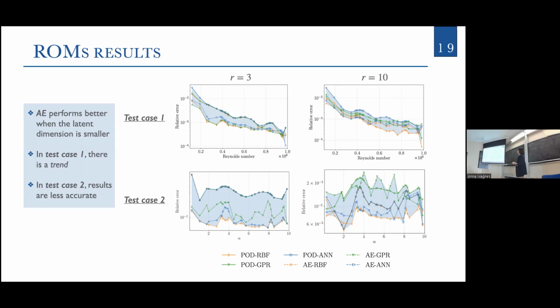Moreover, I would like to underline that in this first test case, you see a trend of the error with respect to the parameter. So you see that all our models are performing better for a higher Reynolds number, because of course the error here is smaller, but they are inaccurate for smaller Reynolds. Okay,